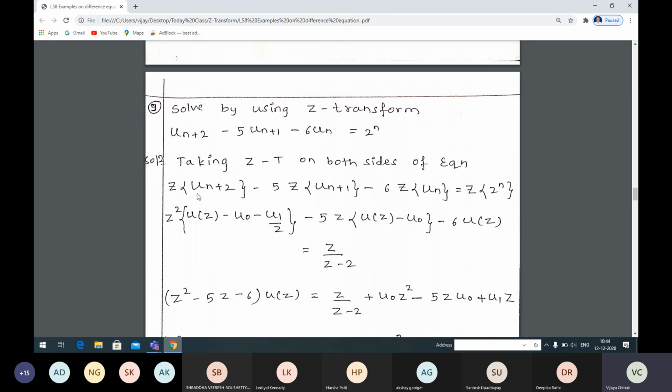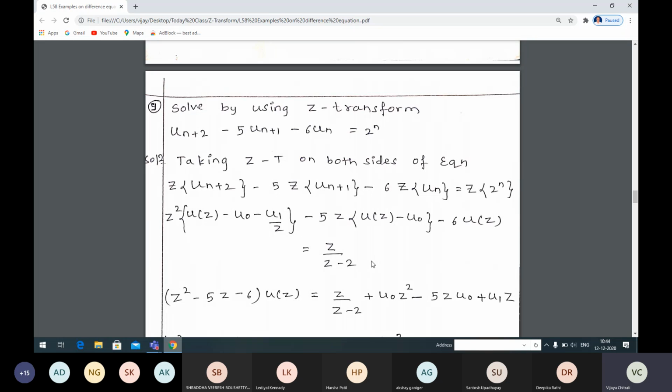We know what is the Z transform of u_{n+2}, so write it down. And what is the Z transform of u_{n+1}? That is also written down. And the Z transform of u_n is U(z), by definition. So we will get z^2 U(z) - u_0 - u_1/z, or u_1 z^{-1}, no problem, both are same, minus 5 z U(z) - u_0, minus 6 U(z) is equal to z divided by